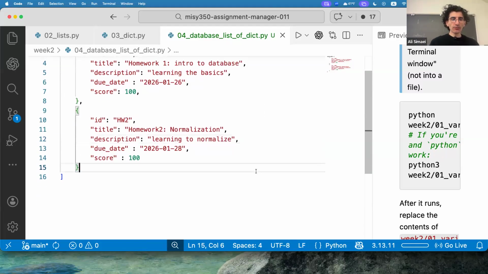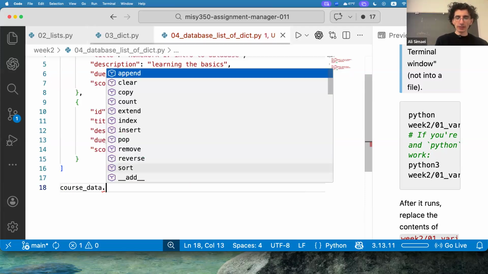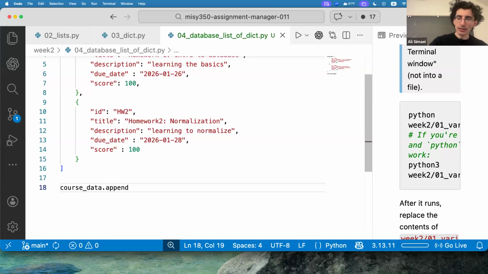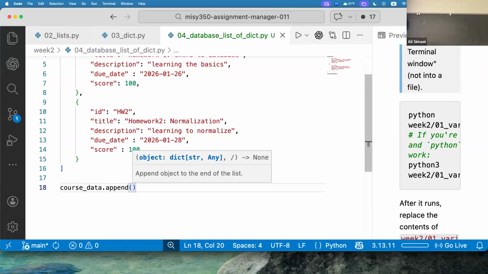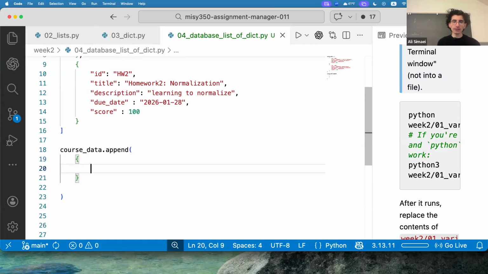All right. So if this is a list, and later I want to add a new assignment, how do I add a new assignment to the course data? What's that function? Remember, append, right? course_data.append, and then inside the parentheses, all right? So you can use that to add a new assignment. Again, inside the curly brackets, the new assignment: